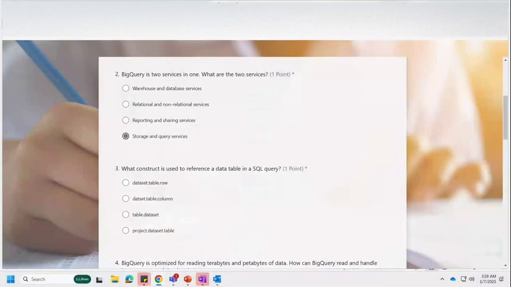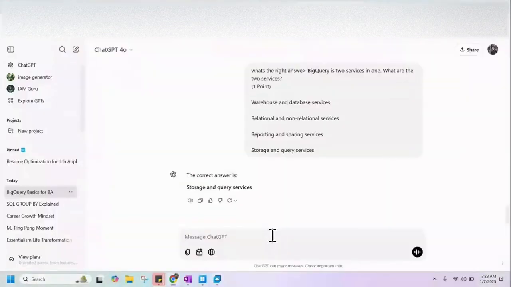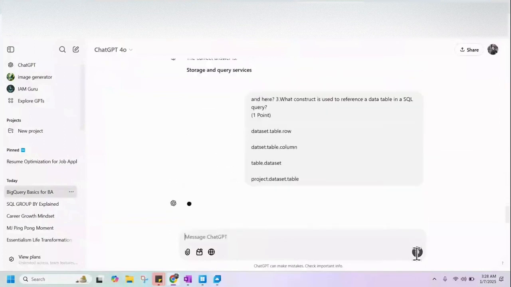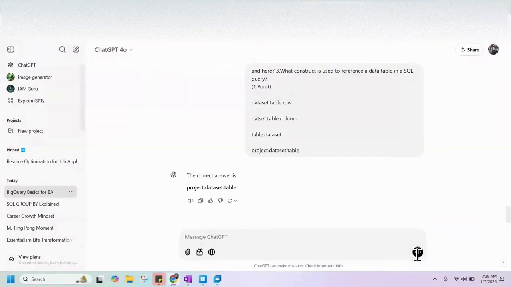Okay, let me see. It is saying the fourth one. I don't know. Because in Google BigQuery, everything is a project. Underneath projects are datasets, and underneath datasets are tables. So go to